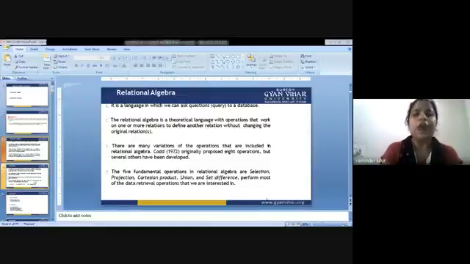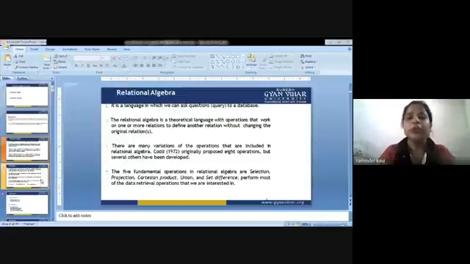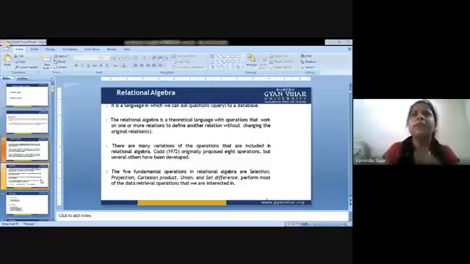So next, the 5 fundamental operations in relational algebra are: first of all, we are supposed to select the data from a particular database. Next is to project the data. Next is Cartesian product, to combine two tables. Next is union, which could be operated on two tables. Cartesian product is simply product. Union means we are supposed to unite two tables. Next is set difference. Set difference means A minus B. In the same manner, we will operate it in relational algebra.